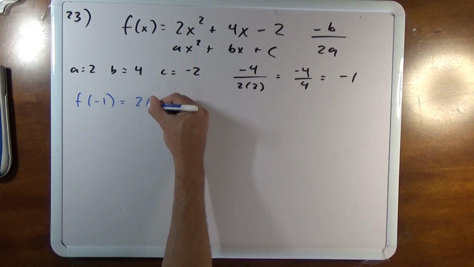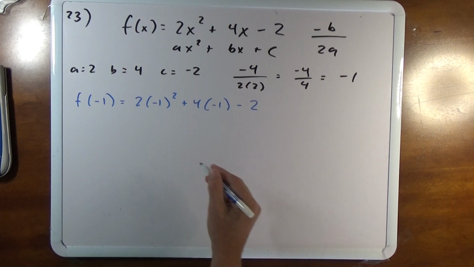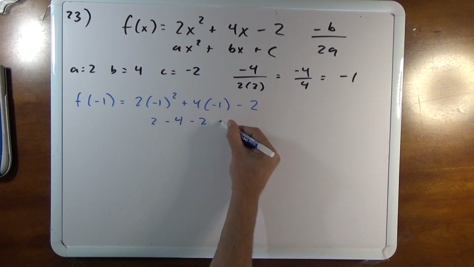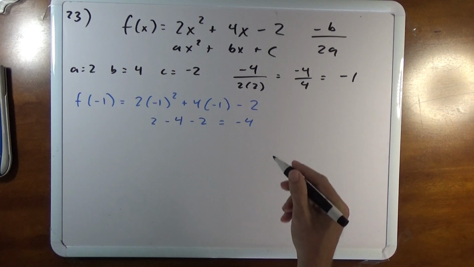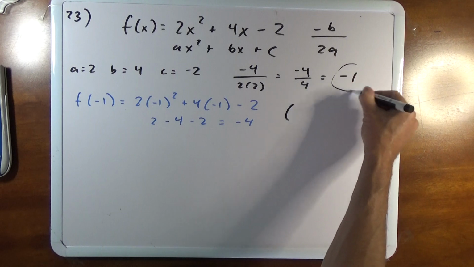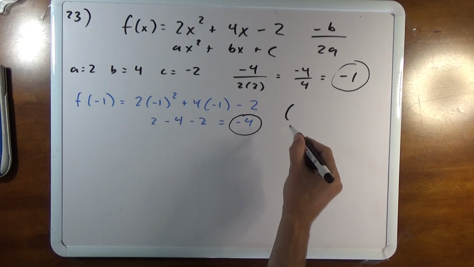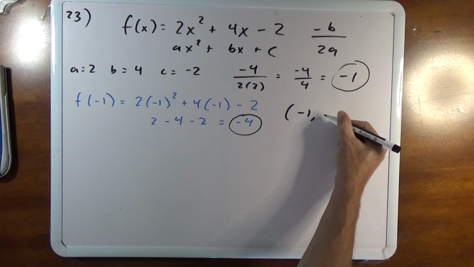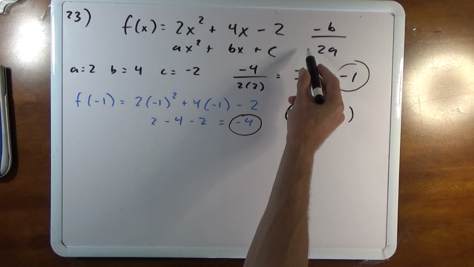That's going to be 2 times negative 1 squared plus 4 times negative 1 minus 2. Negative 1 squared is 1, so this is 2 minus 4 minus 2, which is negative 4. That means my vertex is this x value that we found, comma, this y value that we found when we put negative 1 in for x. So my vertex is negative 1, negative 4. And the axis of symmetry, when I did opposite of b